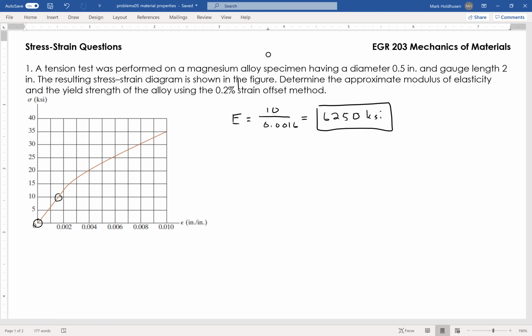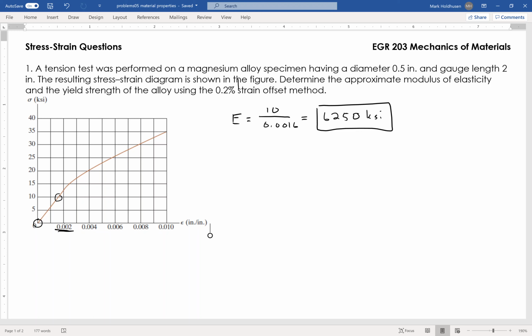Now, the problem here is there's not a definite yield point like there oftentimes is with steel. So what we do is we do this 0.2% offset, which means we come over to the 0.2, maybe. Okay, and we basically draw a line up from the 0.2%, which is 0.002 strain, at that same slope, and we see where it intersects, and we approximate that as the yield